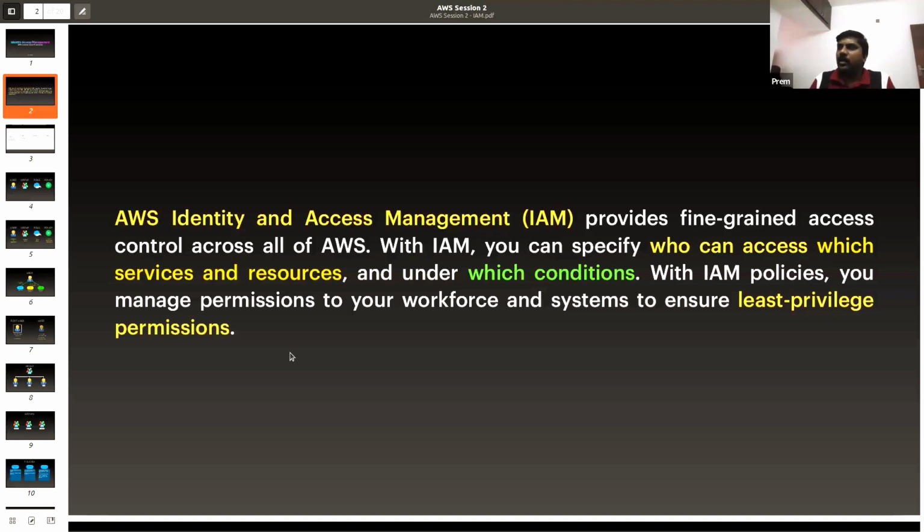So you can put any condition to govern your access management. With IAM policies, you manage permissions to your workforce and systems to ensure least privilege permission. That's what I said. If something should not have access to another thing, you should not give access. You should ensure it has the least privilege possible.